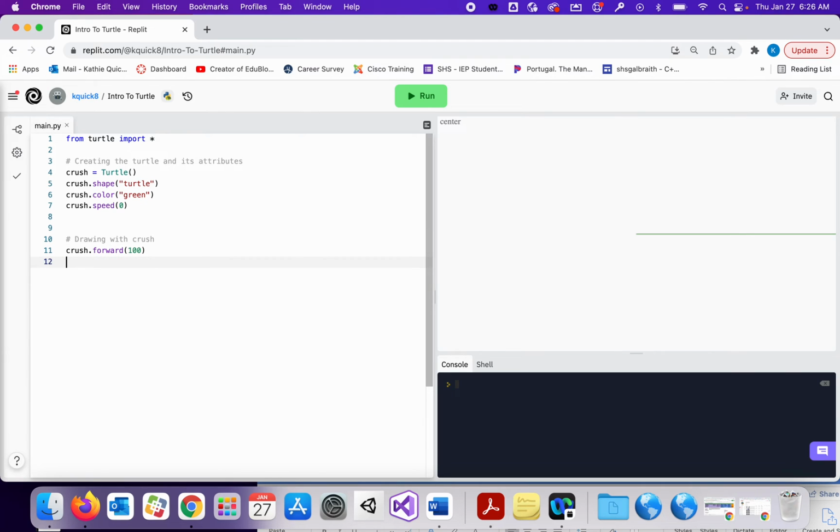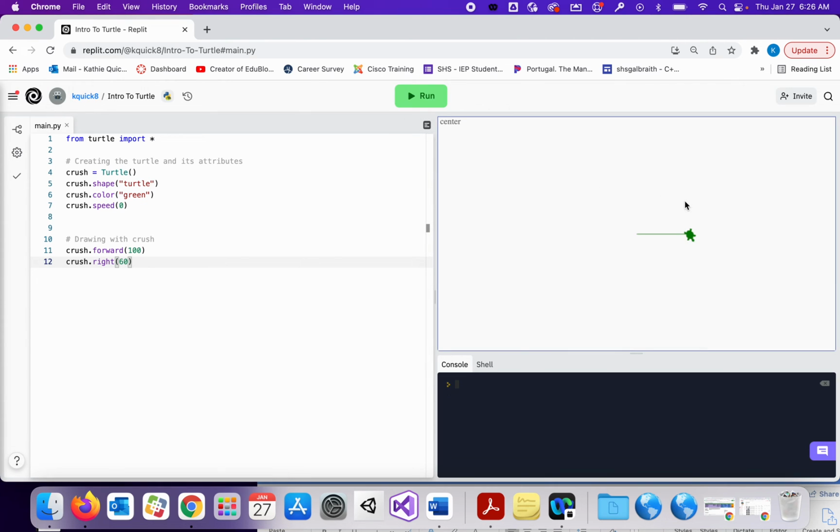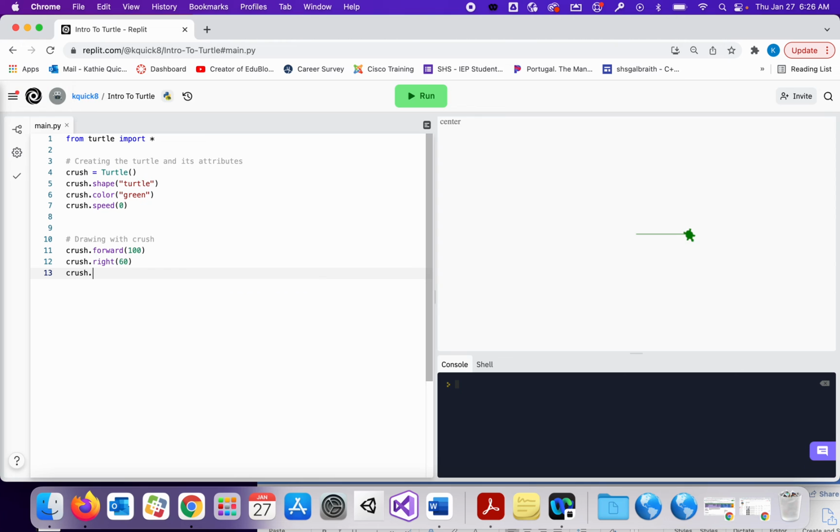And I am going to ask Crush to turn. So I'm going to say crush.right, and that's a function as well. It's actually called a method, but we won't worry about that right now. It's a function, and the argument I'm going to pass in is how many degrees I want Crush to turn. So if I say 60 degrees, let's run this and see what happens. He turned 60 degrees. You can see which way he's facing now. So now if I ask him to go forward again,